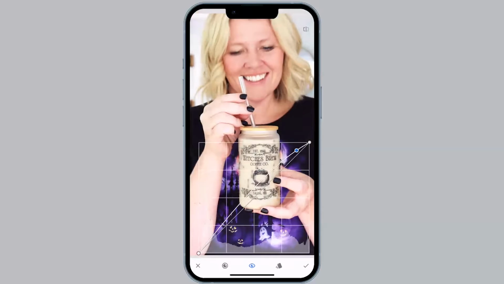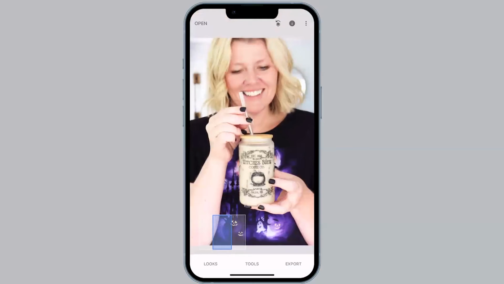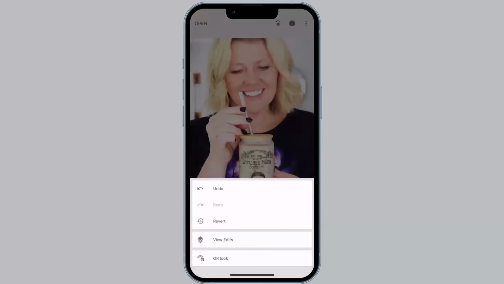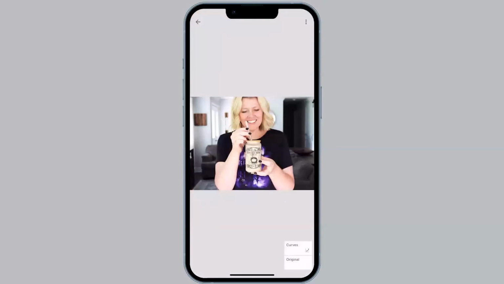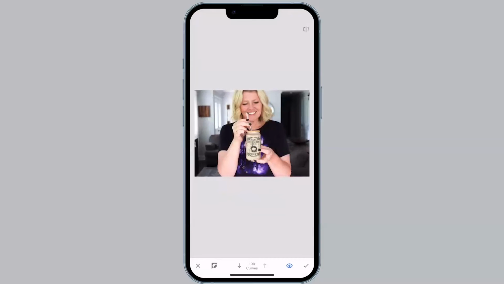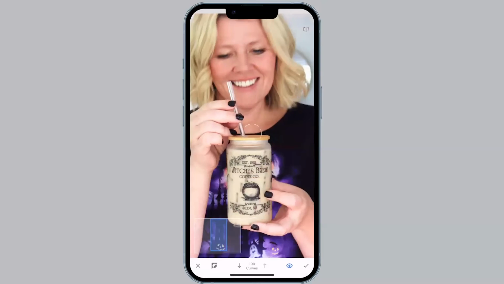Because you'll notice that my hands, because they're closer to the light source, are getting a little blown out. They're looking a little washed out. So I'm solely focusing on my face right now. And I like that about there. Hit that check mark. I'm going to go back into my edits at the top, view edits. Click on that last curves. Click on the square brush. And then we're going to turn the eyeball on and we're just going to apply this